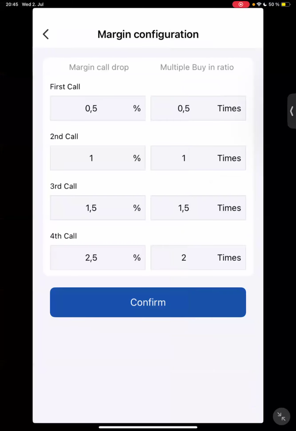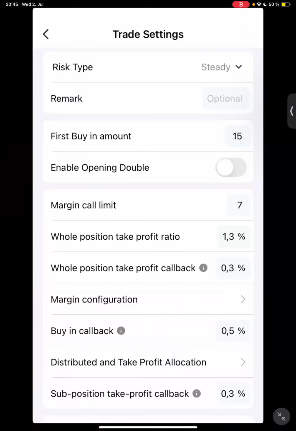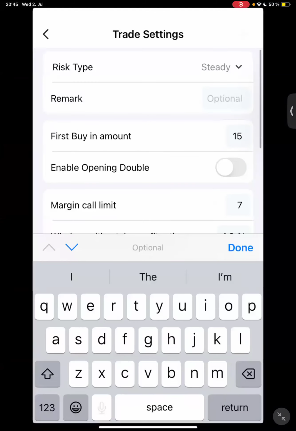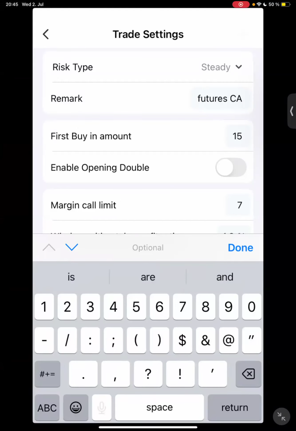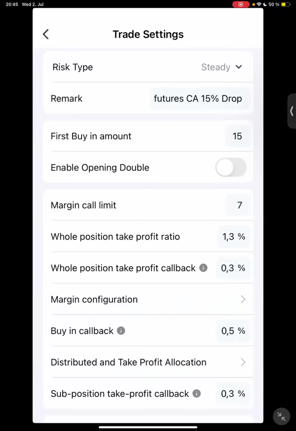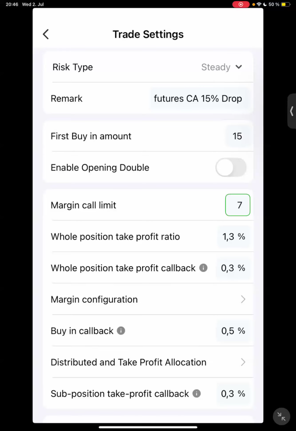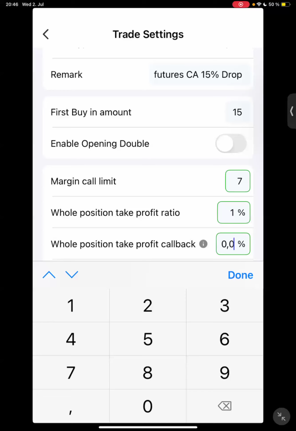This one, when you calculate the drops, is 5%. So you can create another drop. You can create another settings. Okay, let's do that now. Futures, CA, 15% drop. You label it the way you can differentiate it. Do you understand? Forget about the first buying amount. This one I can leave it on 7 because 15 drop is good. Okay. So 1%, don't forget. Then 0.01,